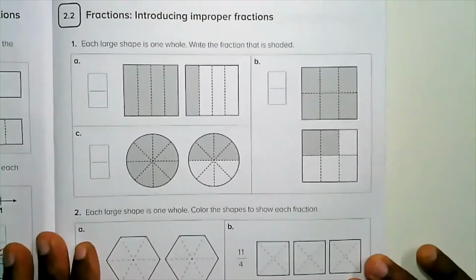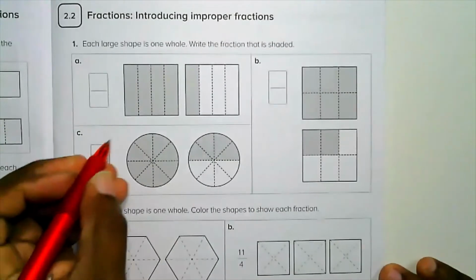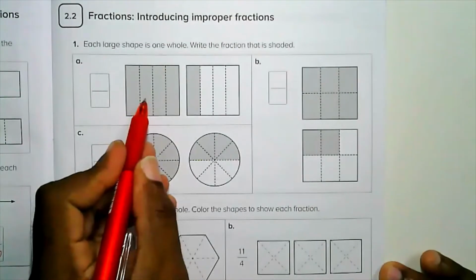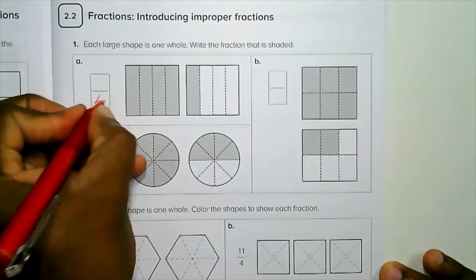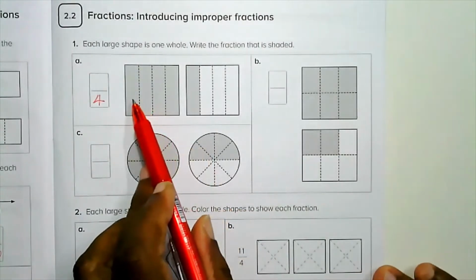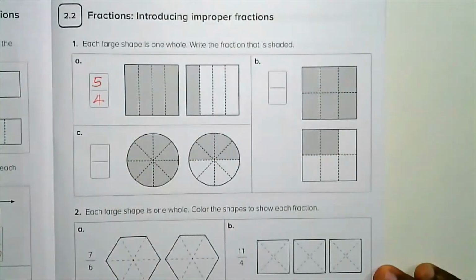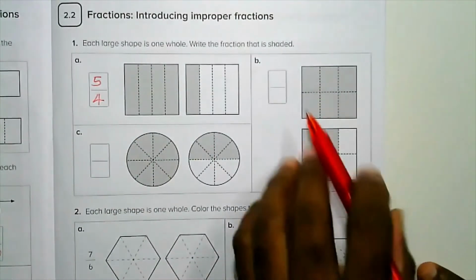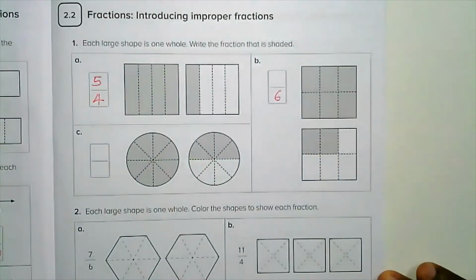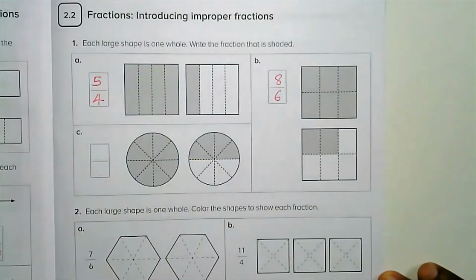Practice 2.2, number 1. Each large shape is 1 whole. Write the fraction that is shaded. So we have the shape split into 4 equal parts. So the denominator will be 4. And how many parts are shaded? We have 5. 5/4. Part B, split into 6. So the denominator will be 6. And how many parts shaded? 8. Part C,